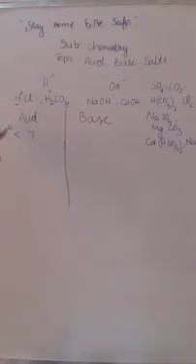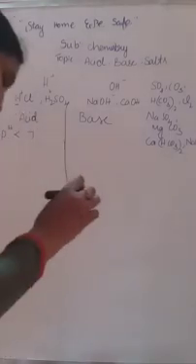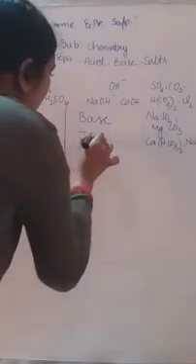What is meant by pH here? pH means power of hydrogen ion. Keep in mind, the power of hydrogen ion is called pH. If the pH is less than 7, that is an acid. If the pH is 7 to 14, that is called a base. And all acids are sour to taste.